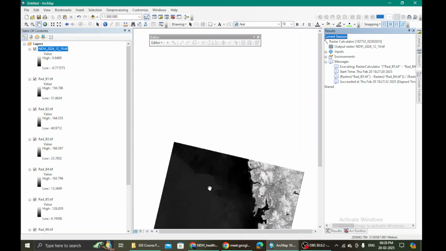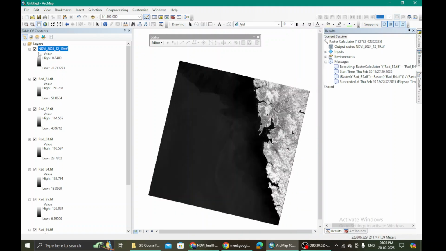Meanwhile, let us look at this NDVI. This NDVI also looks all in grayscale, but the value should be between -1 and +1.